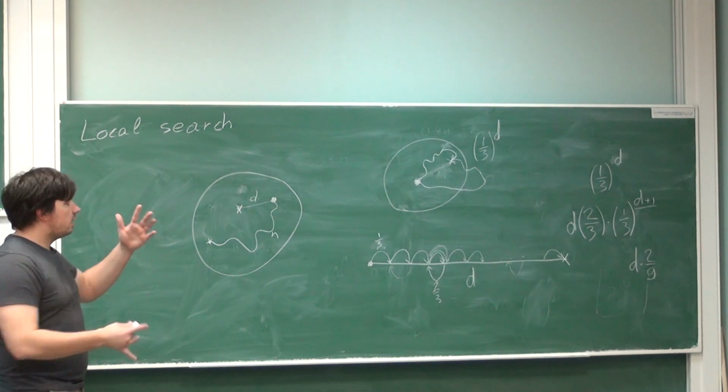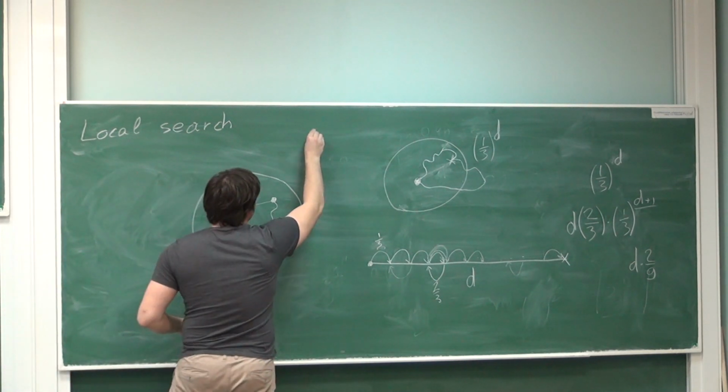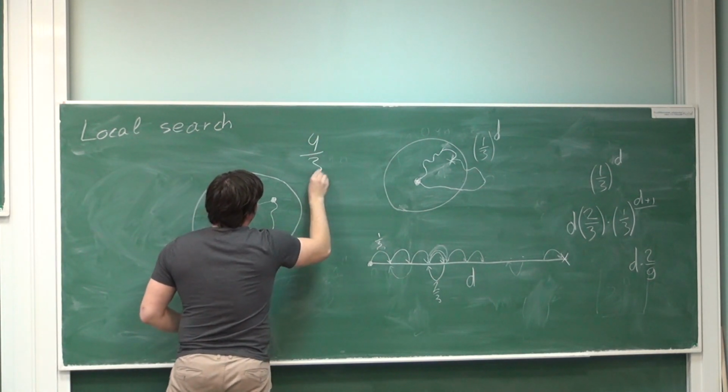So if you actually crunch all of those numbers, you will get an algorithm that runs in (4/3)^n,